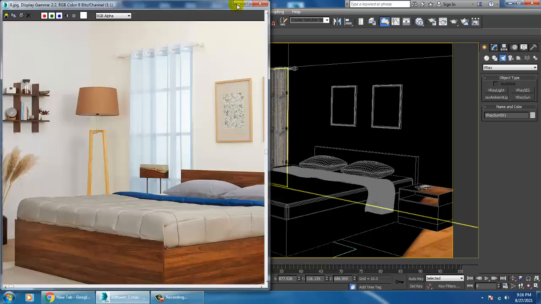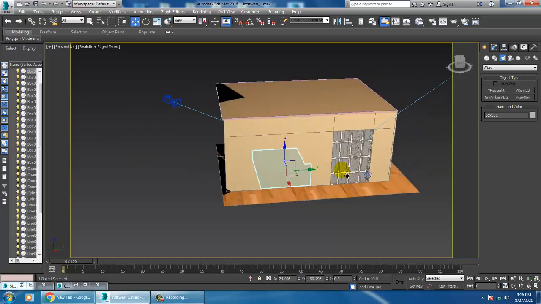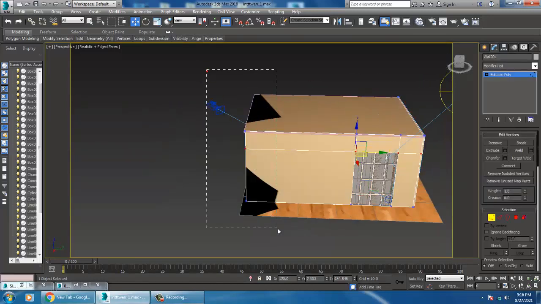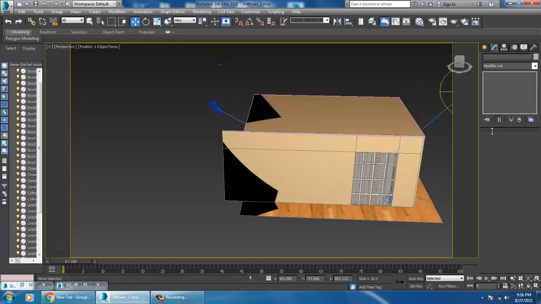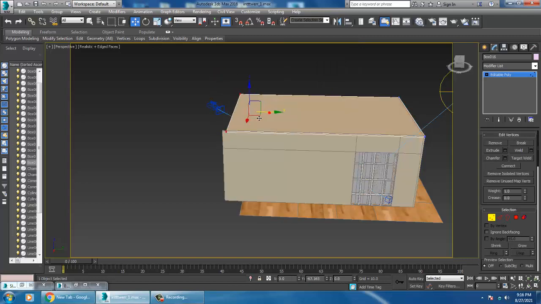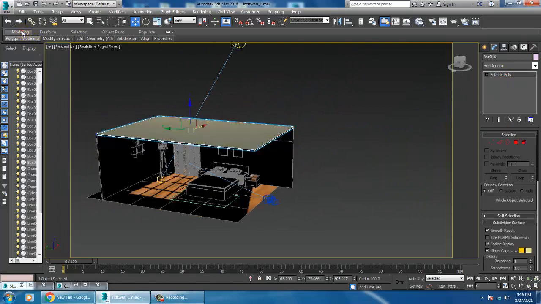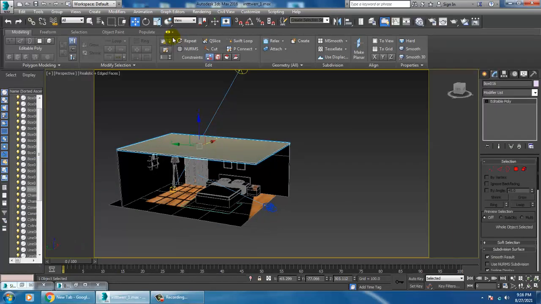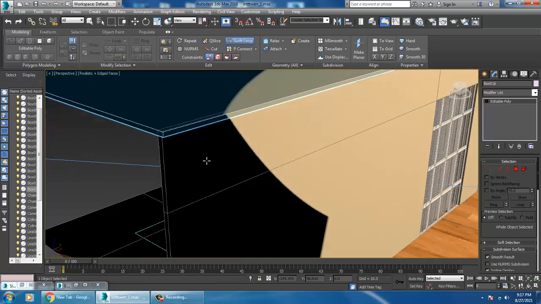If you look at it over here, definitely we need to close this area because this area is totally open. So I'll just convert to poly over here. I'll go into modeling and add one loop over here.